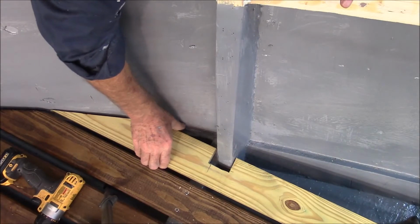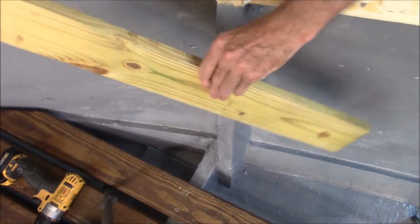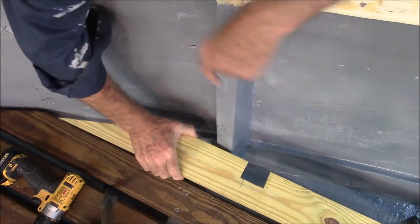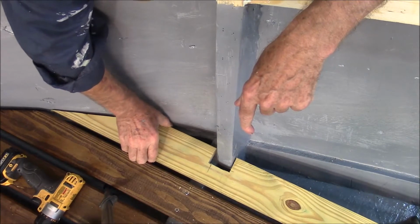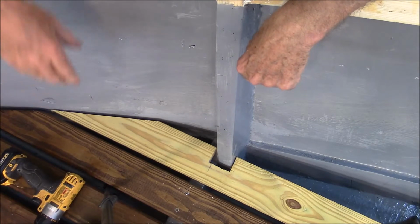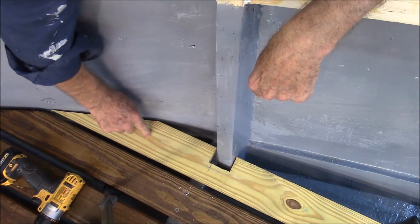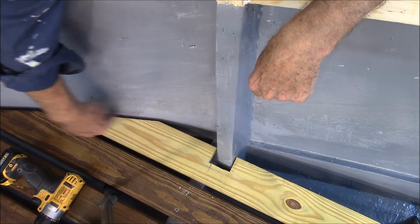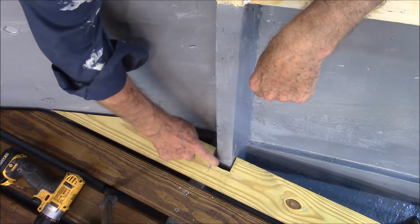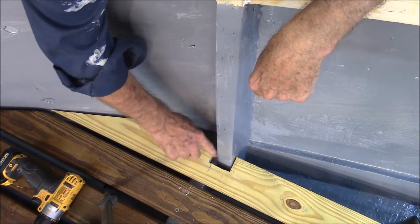I just made a little template out of a piece of scrap, and then just keep working with it until it fits the way I want it. Then I can use this to cut the angle, both the angle for the chine log and the mortise here for the